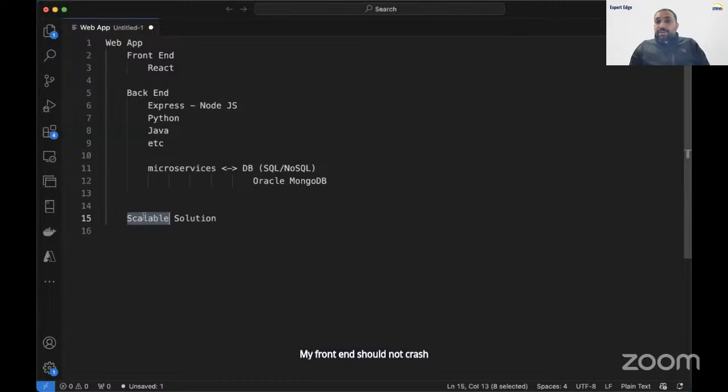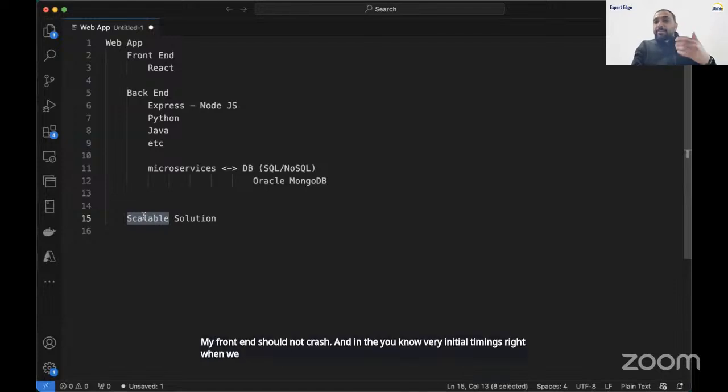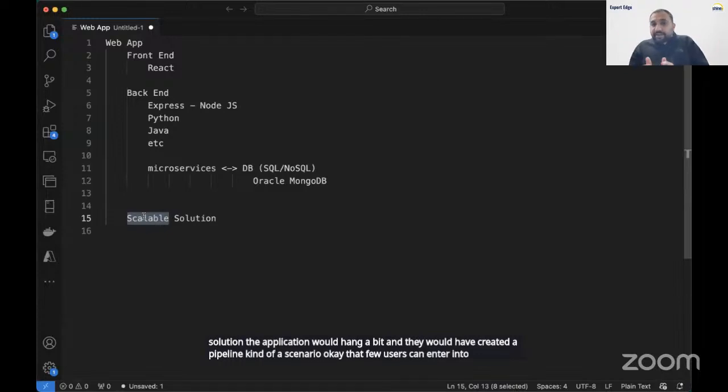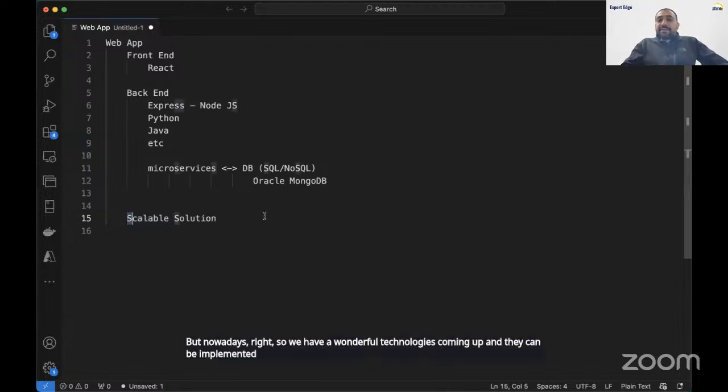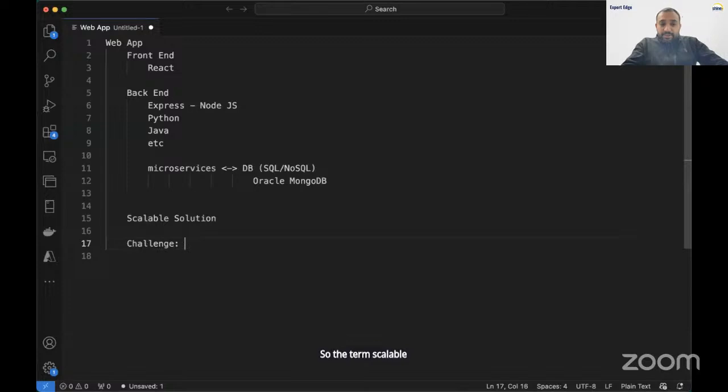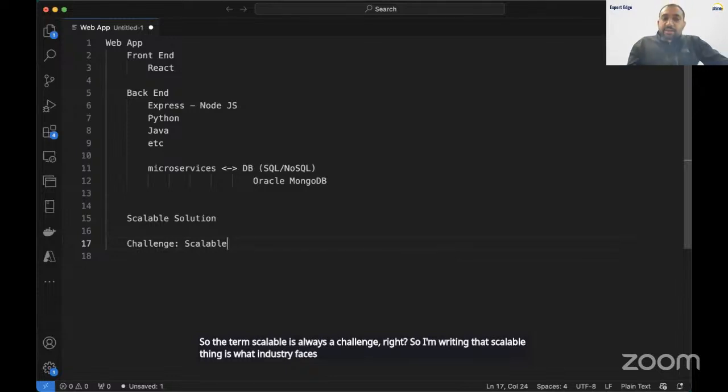And in the very initial times, when we used to use Myntra or Amazon for e-commerce, during this kind of sale the application would hang a bit, and they would create a pipeline kind of scenario, so that a few users can enter into the sale, not everyone, right? So they implemented all those kinds of things. But nowadays we have wonderful technologies coming up, and they can be implemented so that we can write a scalable solution. So the term scalable is always a challenge, right? So I'm writing that scalable is what the industry faces as a challenge,